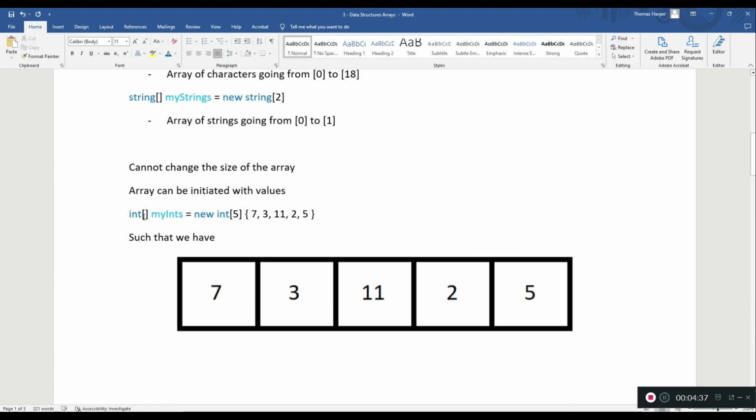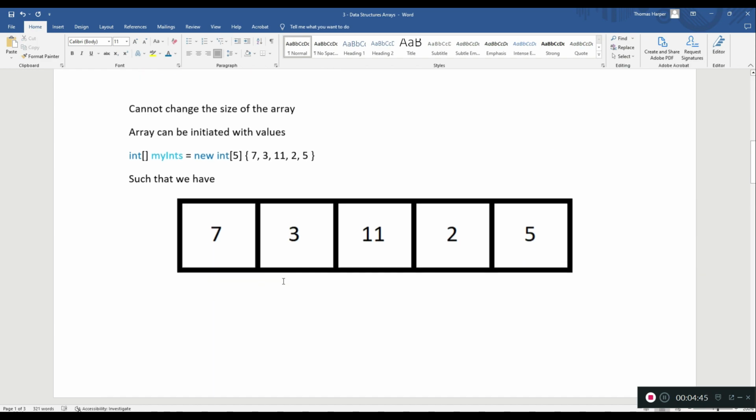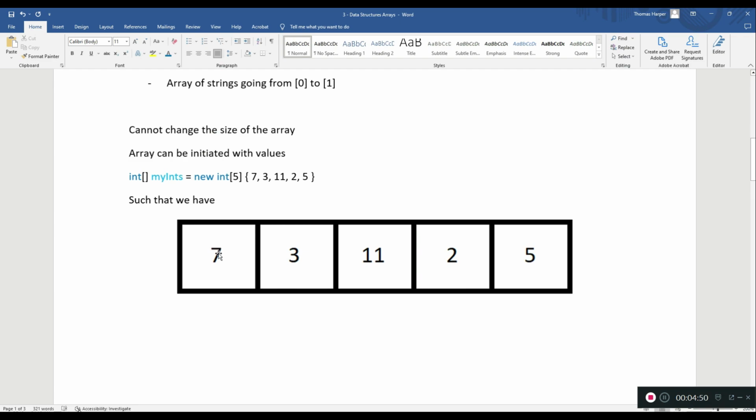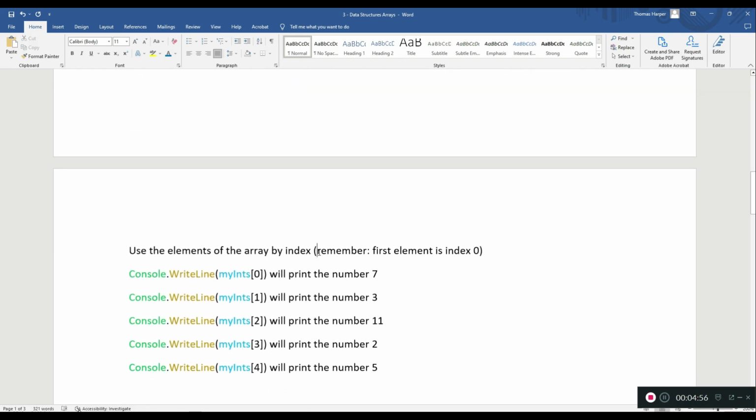If we are making this array, int, myInts, new, and then int, and we initialize it with these values, we would have an array that looks like this right here. The first element is 7, then 3, then 11, then 2, then 5. And so if we